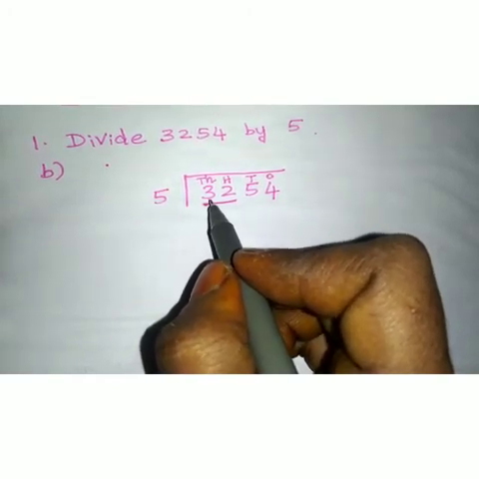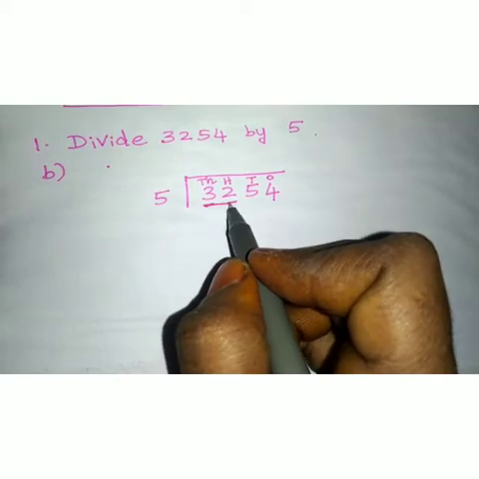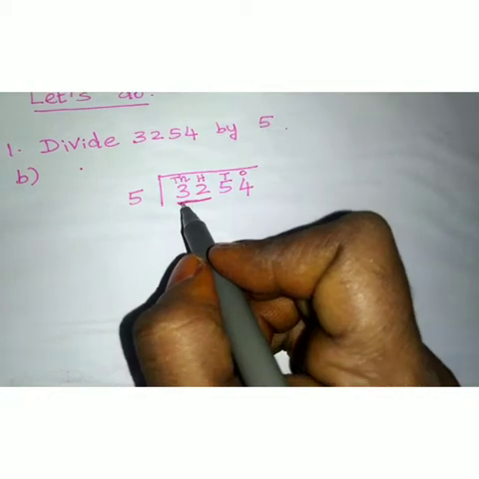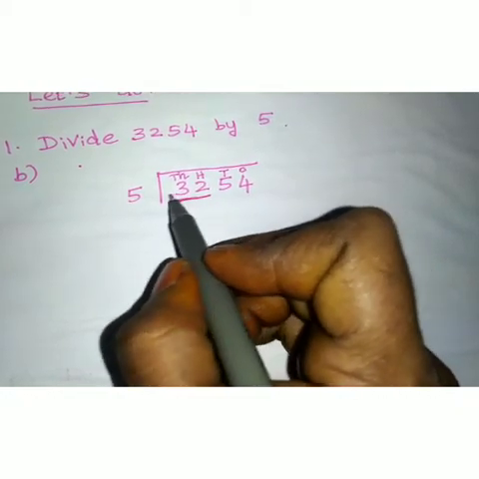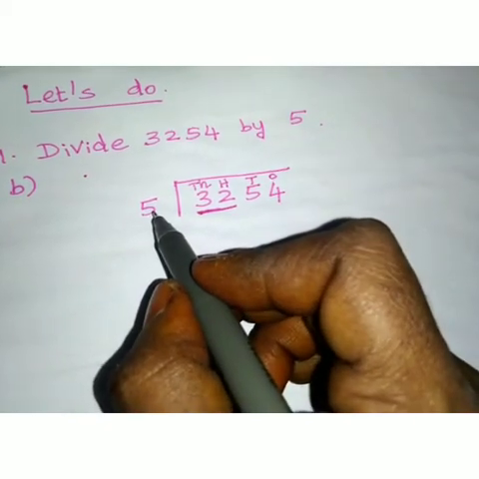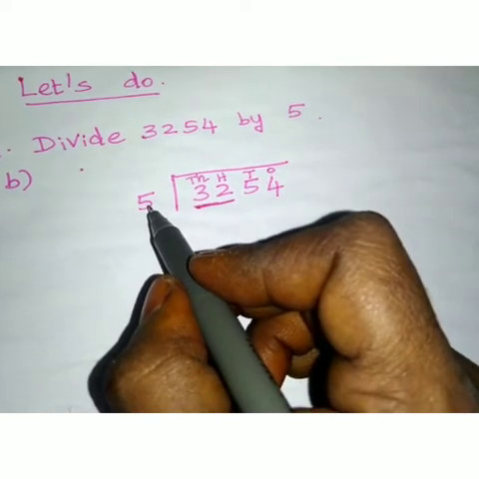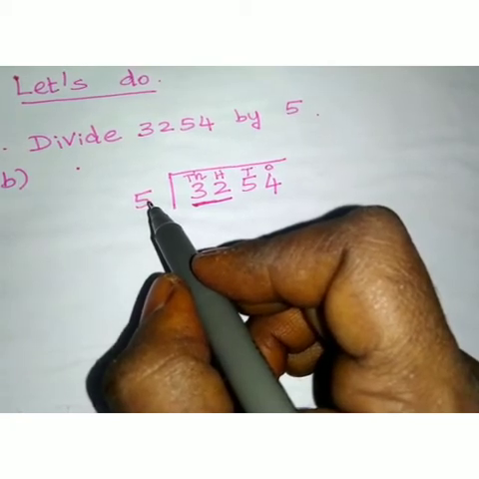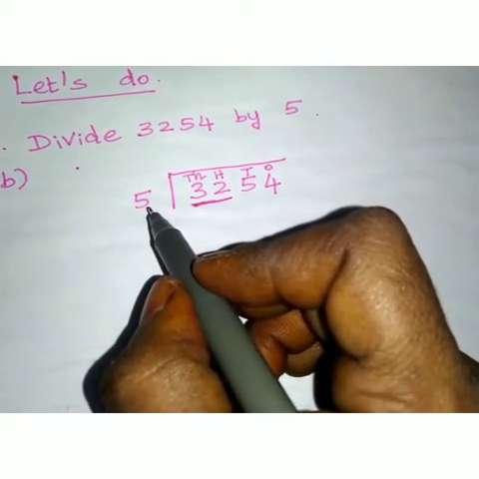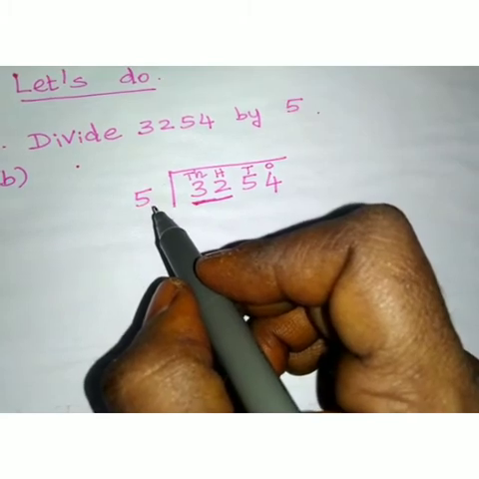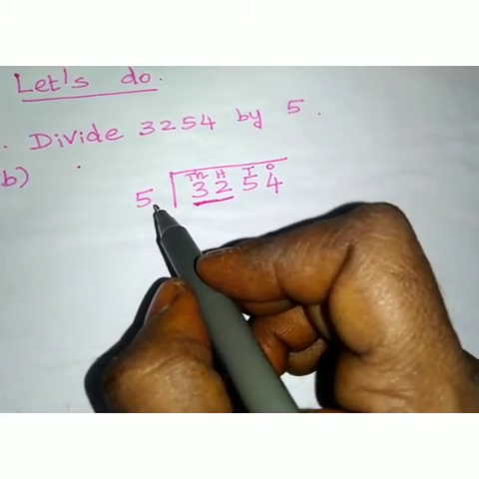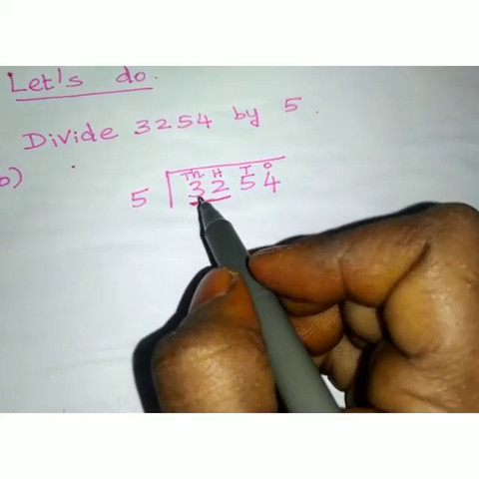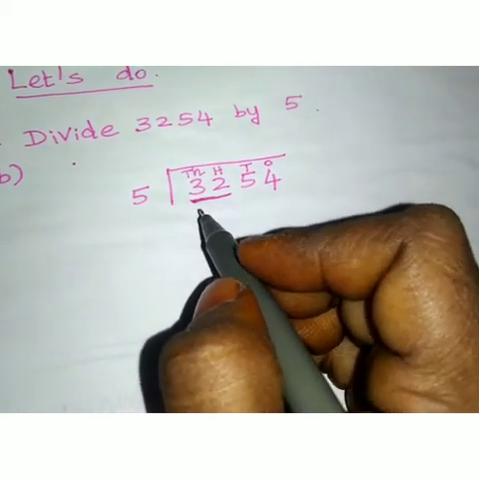What we have to do? Let us start with a 2-digit number. Take two place values, thousands place and hundreds place. Let us start with 32. Now start with the multiplication table of 5. 5 ones are 5, 5 twos are 10, 5 threes are 15, 5 fours are 20, 5 fives are 25, 5 sixes are 30. We are nearing 32. If we say 5 sevens are 35,